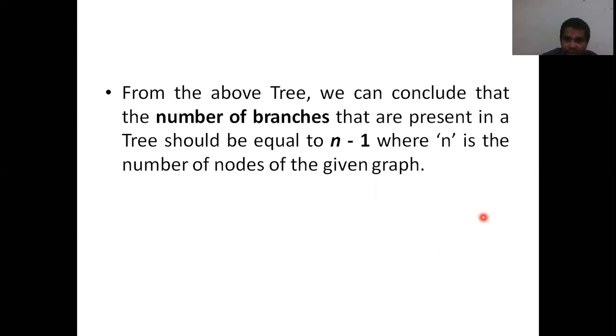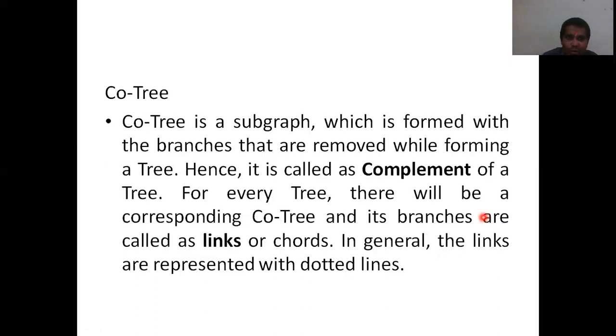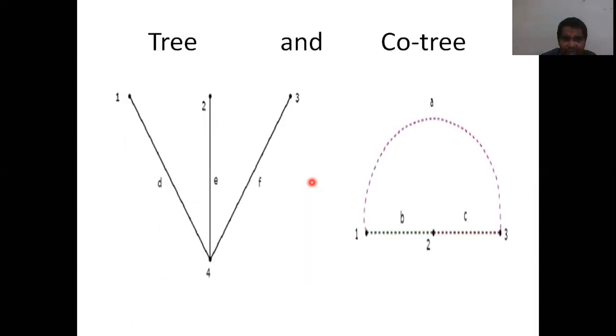right? Then what is the core tree? Core tree is nothing but also a subgraph which is formed with the branches that are removed while forming the tree. The complement of the tree, we can say. The core tree is nothing but the branches which are not part of your tree, they will be